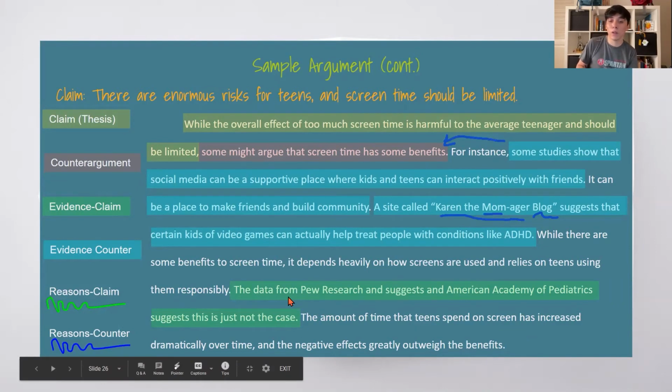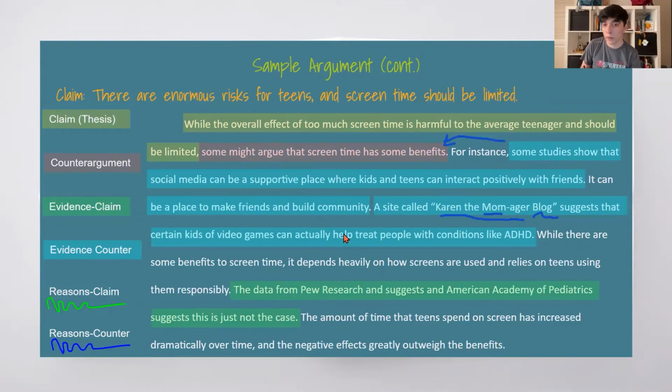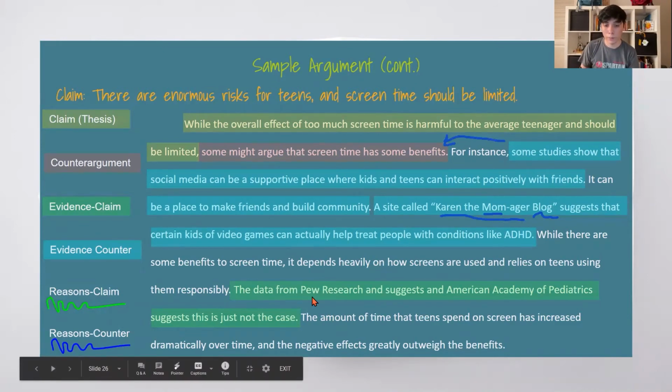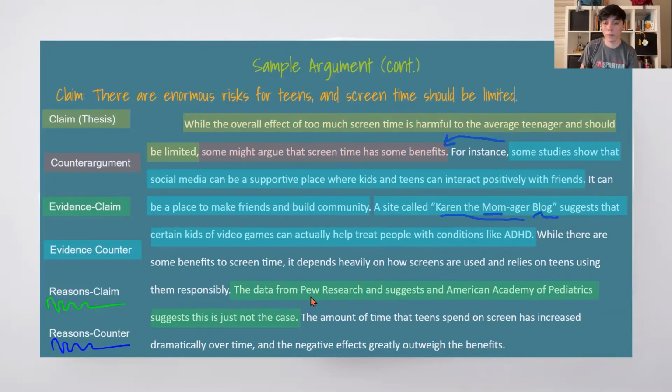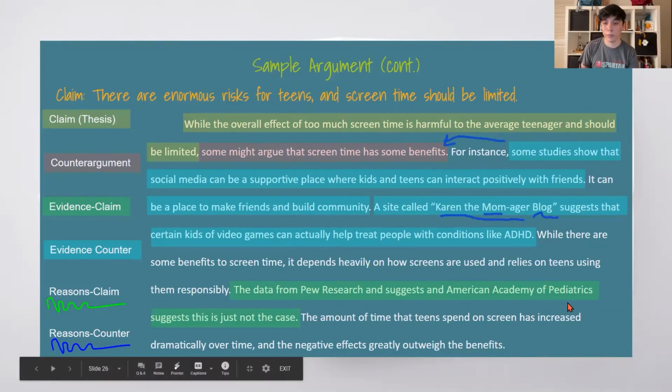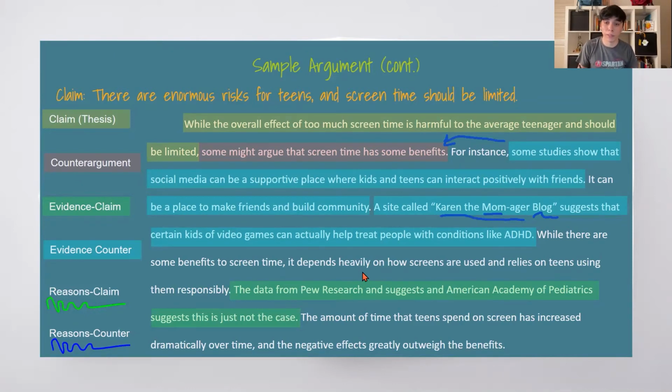So although we're not seeing all the information here in this paragraph, they're referencing information that they stated in the previous paragraph. And we can definitely go back and check the credibility of Pew Research and American Academy of Pediatrics. Those are credible sources, but again, we don't know which articles from those websites are referenced. But yeah, this does connect to the main claim that the author is trying to make in this article.